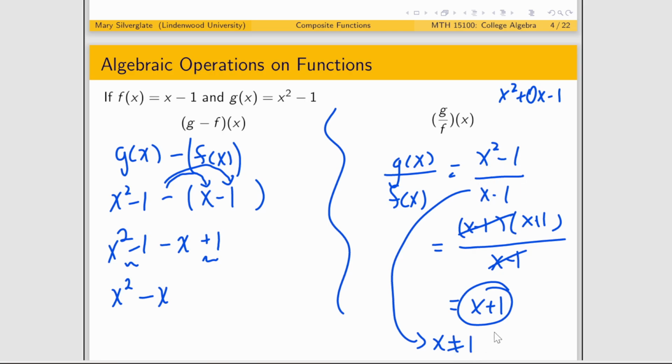of that original. So our domain would be negative infinity to positive 1, union positive 1 to infinity to indicate that on a number line, I would be skipping over the value positive 1 and that all other numbers are allowed. The domain of these types of rational functions is something we'll be emphasizing even more later in this course when we formally think about rational functions, but it is